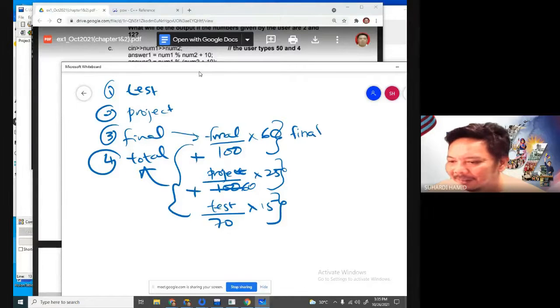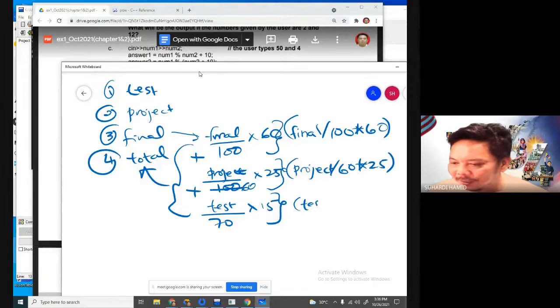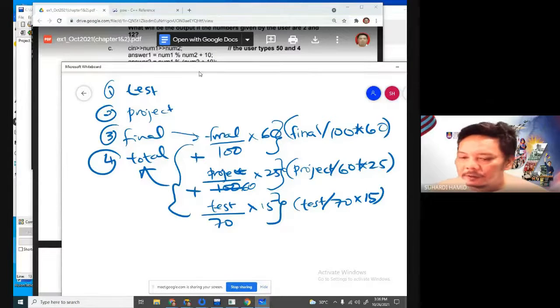Final over 100 multiplied by 60. Put the bracket. Similarly, project over 60 multiplied by 25. Test over 70 multiplied by 15, isn't it? Or is it the other way around? Is this, isn't it? Test is 15. There you go. So total